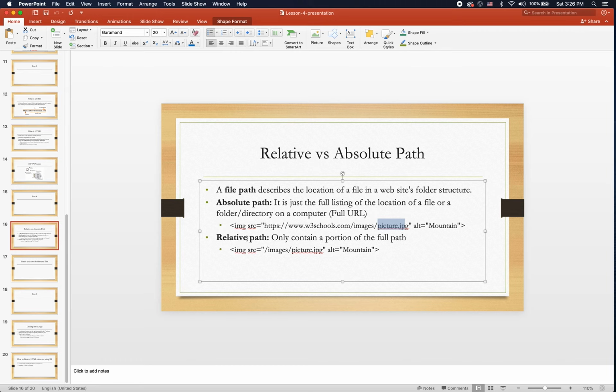This path contains only a portion of the whole entire path. So when the path is related to the current directory, it's called the relative path. Okay, so in this case, when this file is inside the current directory, you don't need to specify the whole path here. Okay, so for example, if I am here